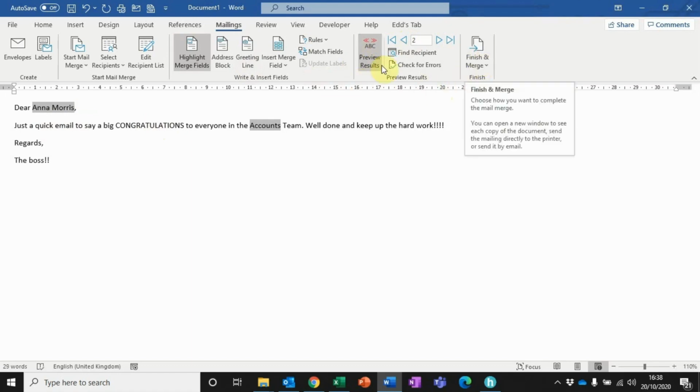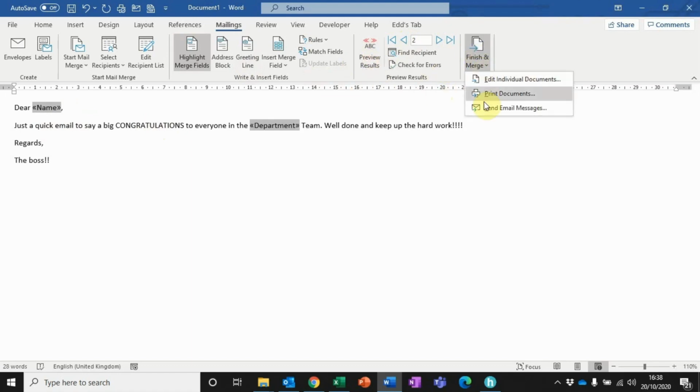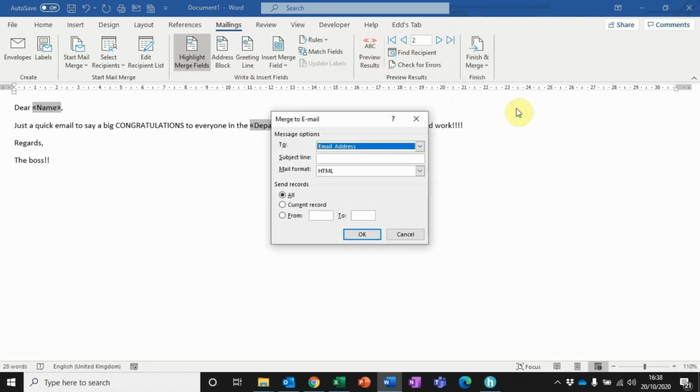I can go to finish and merge, and I'm going to send email messages. Okay, now it's going to ask me here, where am I sending them to? So where is the email address stored within my list? Which column? And it's in the email address column. Okay, it's clever enough to have picked that out. I can manually change that if I want to, but obviously that's where I want it to be. The subject line, I can say a big